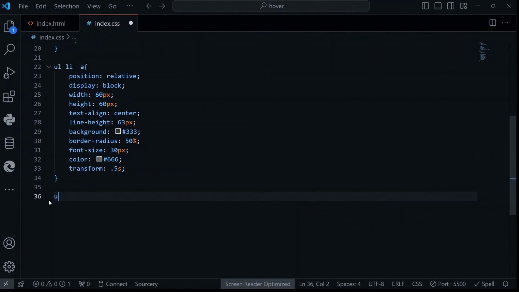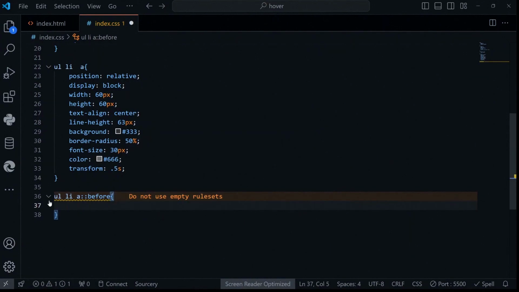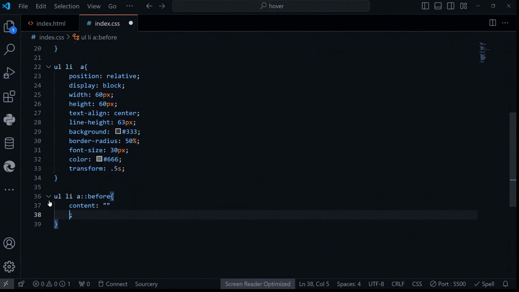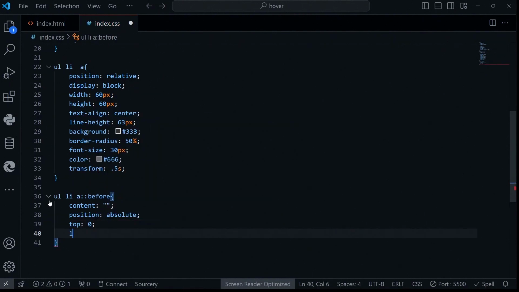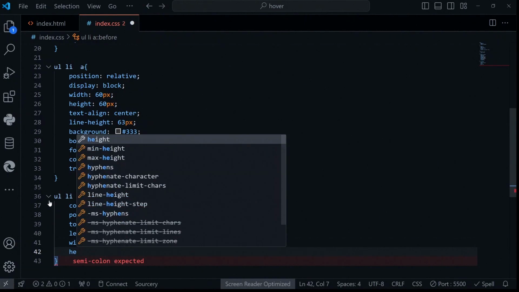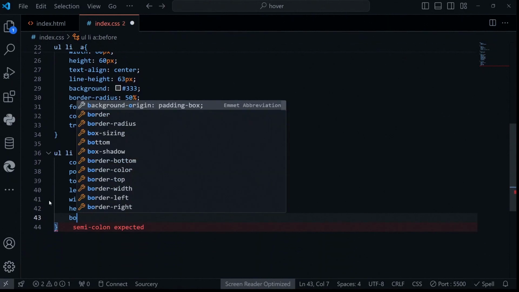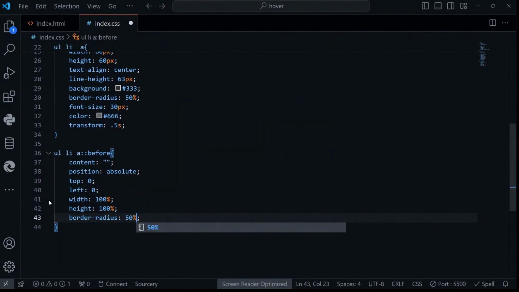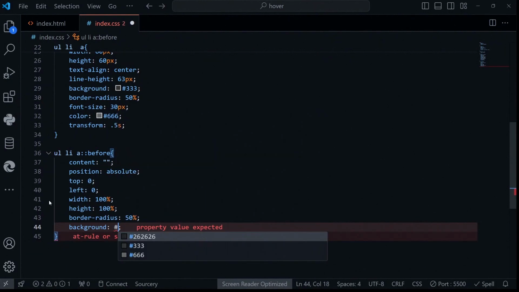The next is the before pseudo-element on the anchor tag. Content will be empty. Position will be absolute. And top and left will be 0. And the width and height will be 100%. Let's add a border radius of 50%. The background will be